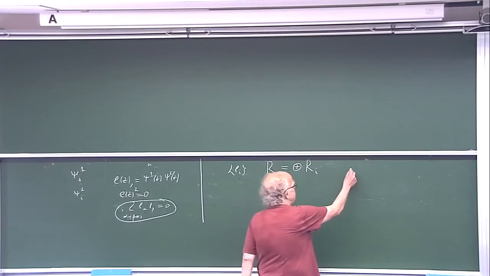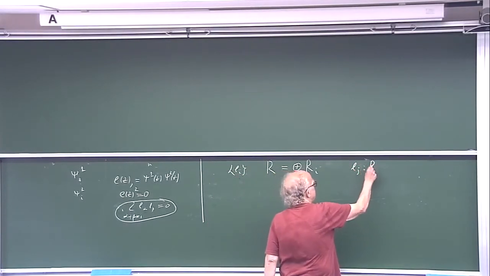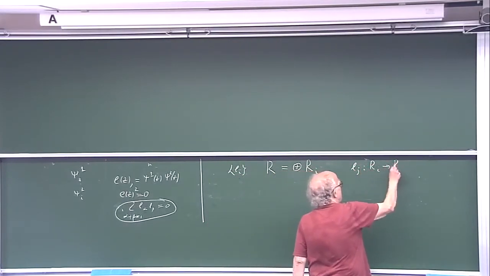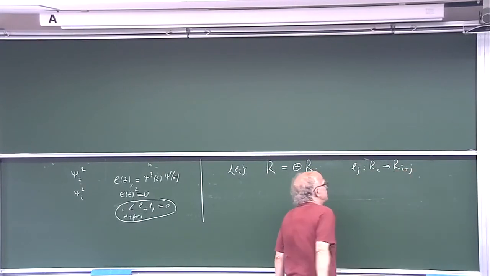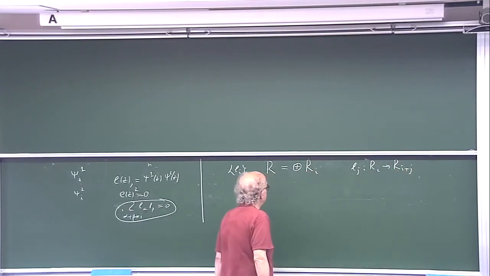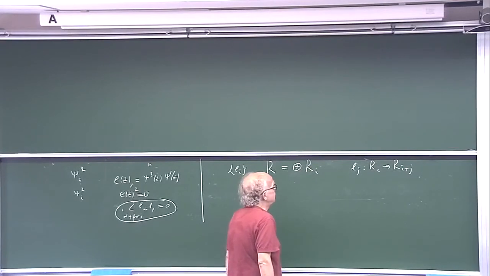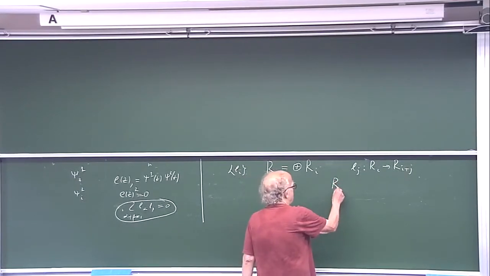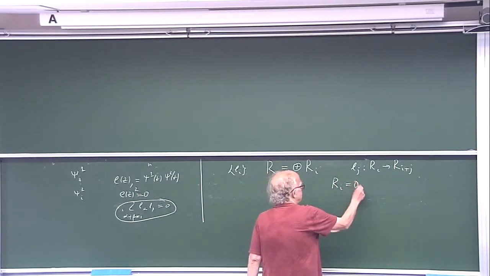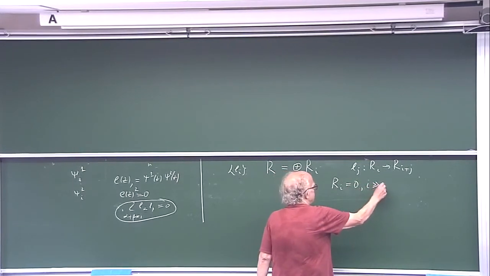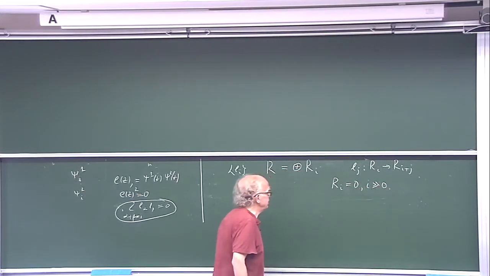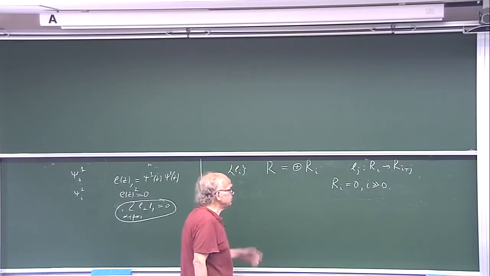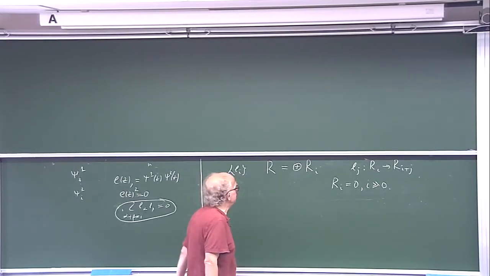It means that E_G is acting from R_i to R_{i+G}. And I want that R_i be equal to 0 if i is big enough. It is too strong a condition, but at least if it is true, then it is clear